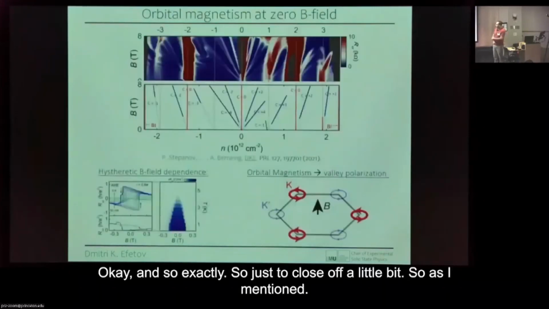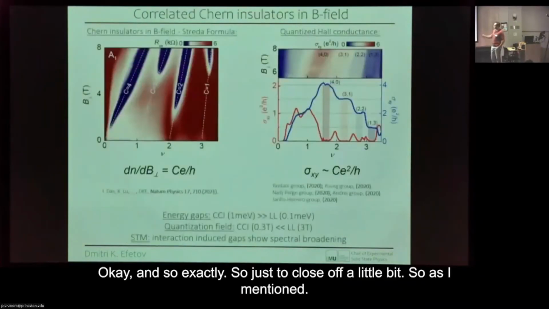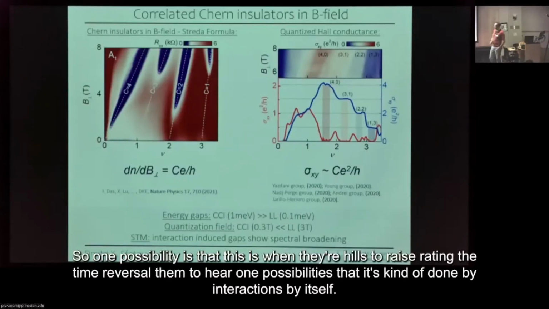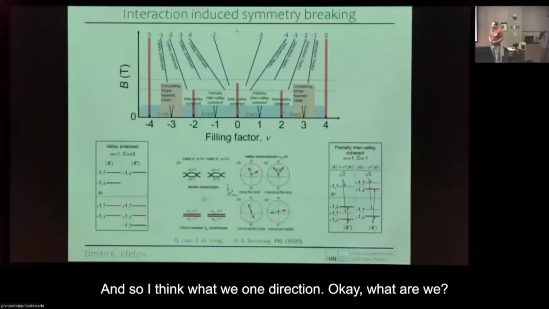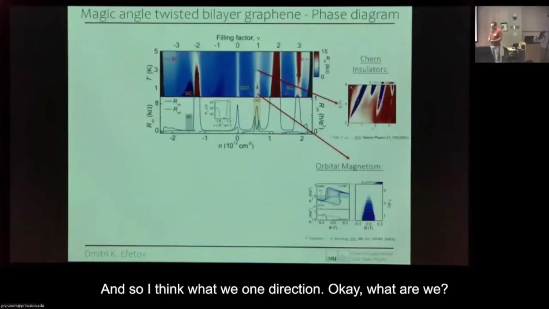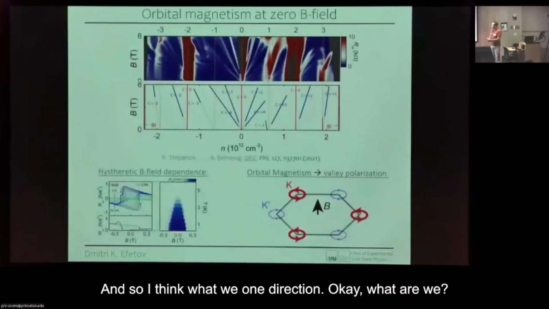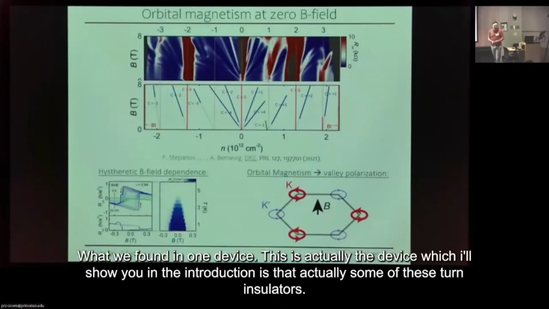Okay, so just to close off a little bit. As I mentioned, one possibility is that this magnetic field is breaking the time reversal symmetry here. One possibility is that it's done by interactions by itself. What we found in one device, which is actually the device I showed you in the introduction, is